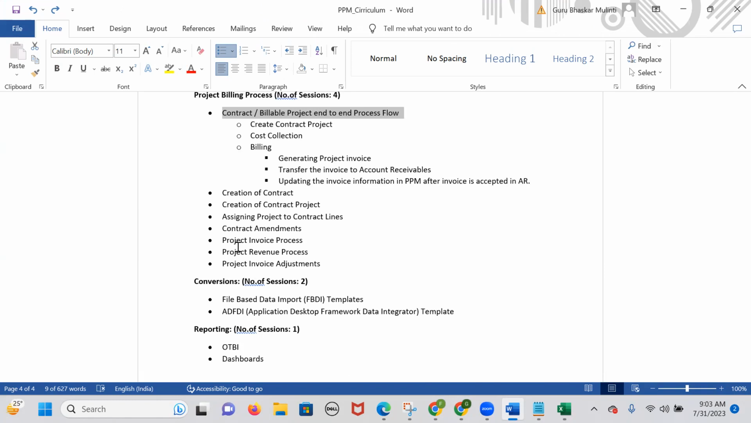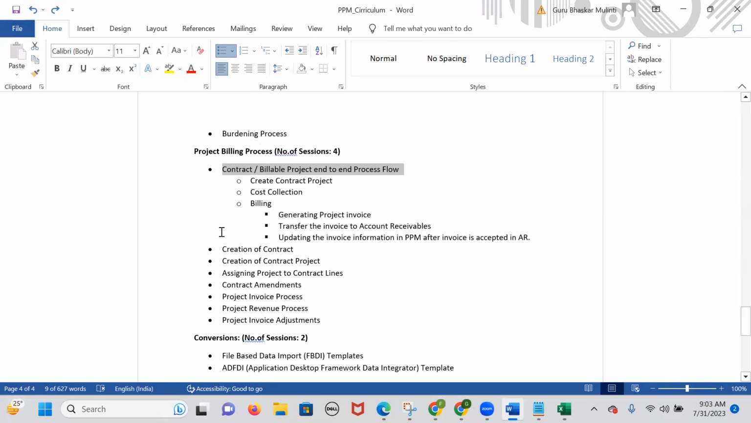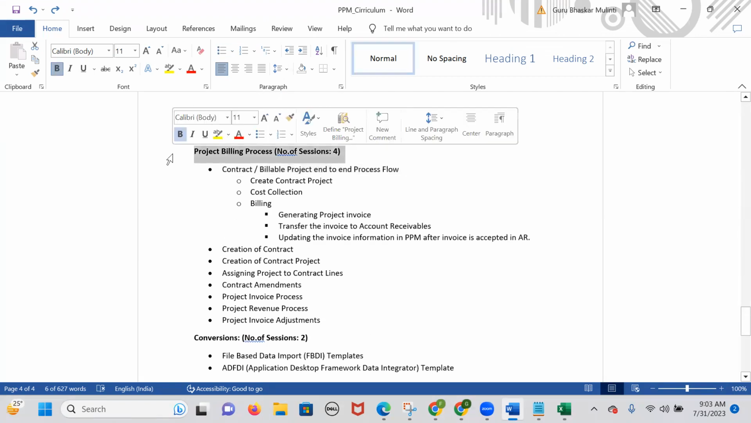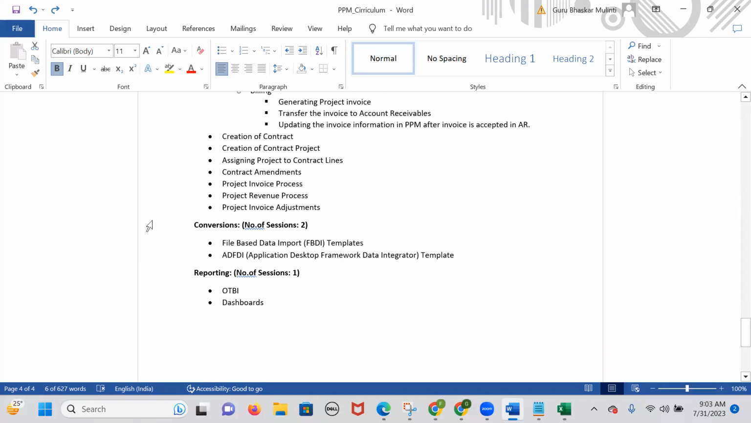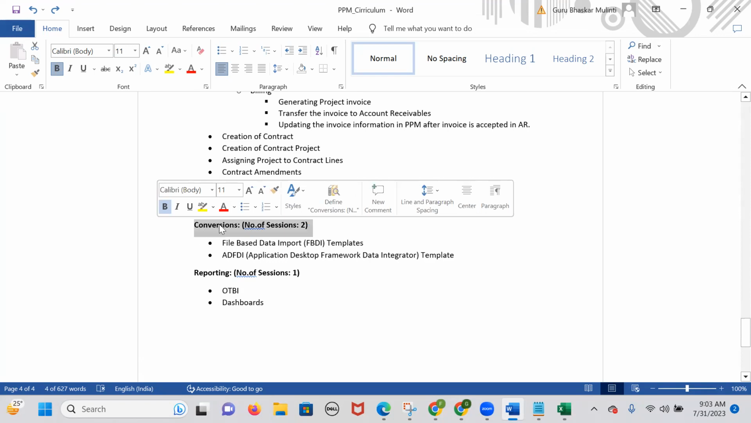Okay, so what will be the process of invoicing and the revenue? This is how we'll be focusing on the project billing process. Okay, now when it comes to the conversions, it's nothing but